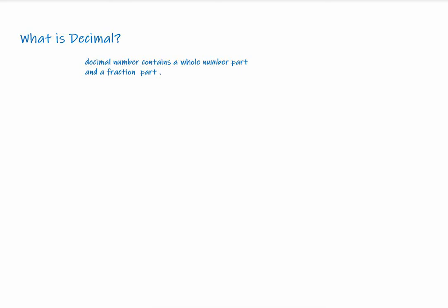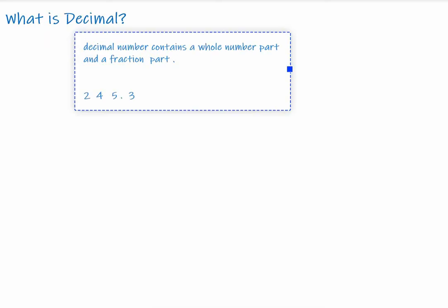Okay, let's understand the basics of what exactly a decimal is. A decimal number has a whole number part and a fraction part. It's confusing, right? When I say whole number part and fraction part, you will think, oh, how can I differentiate? How are you going to write it, right? I'll show you how it looks. So to understand the decimal, let's look at this number